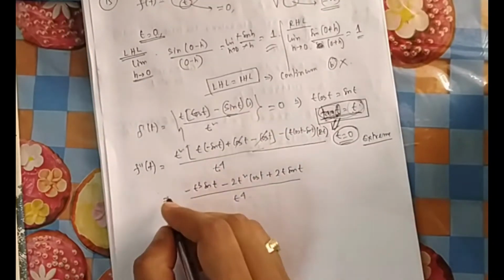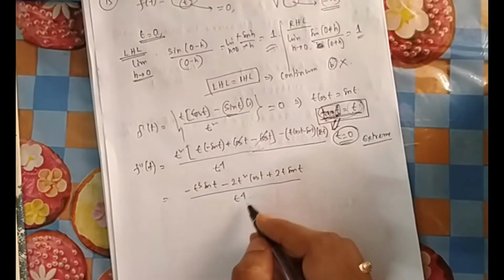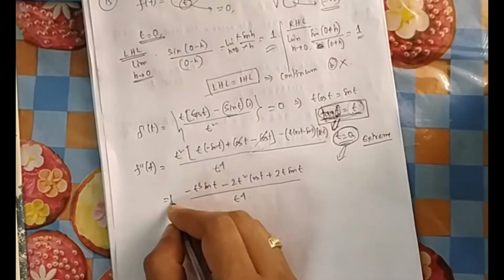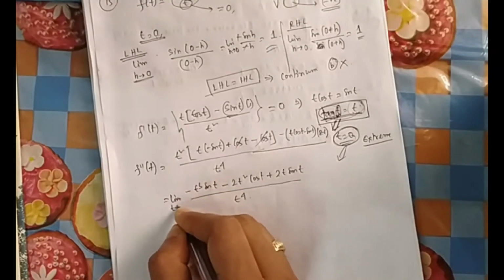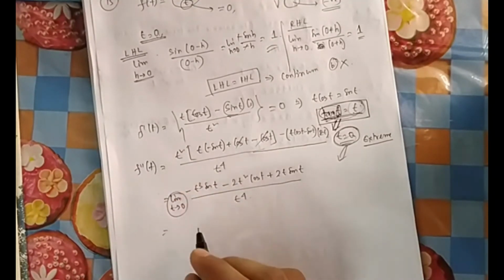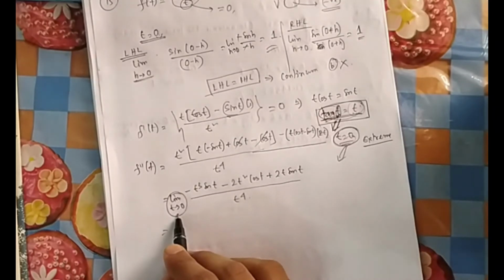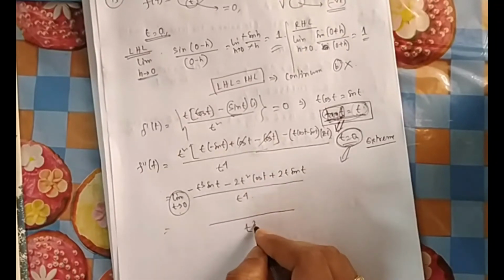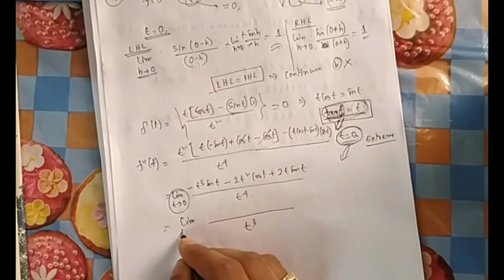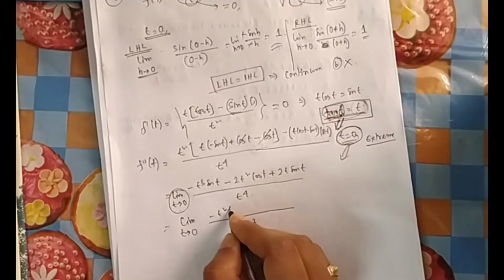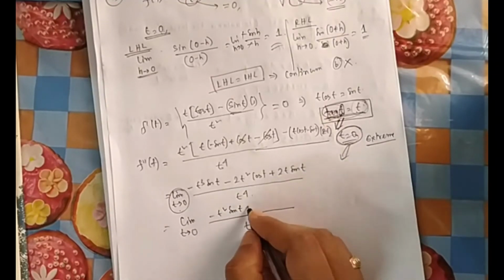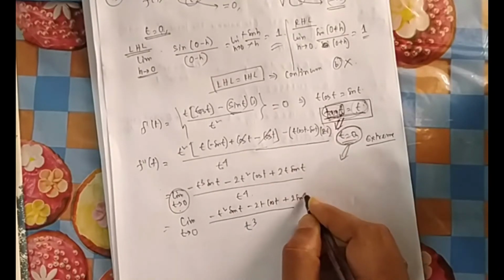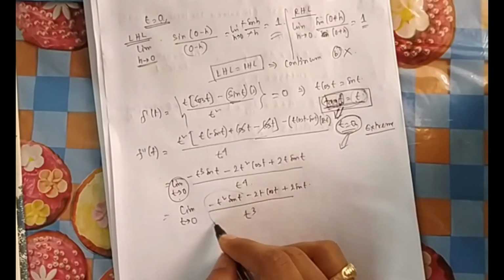Now if you want to check it at t equal to 0, you cannot cancel t in the numerator and denominator because t can be 0. Actually t is equal to 0, we will be putting 0. So that's why you have to take limit t tends to 0. As long as you put the limit in front, t is not exactly 0, it is tending towards 0. Now you can cancel t from the numerator and denominator. So it becomes minus t square sin t minus 2t cos t plus 2 sin t.